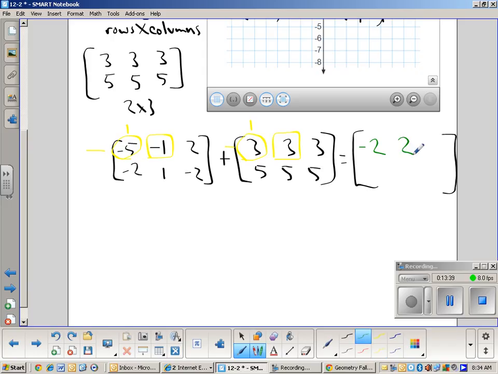And then the next one would be what? 5. Yeah, how'd I get it though? You did row 1, column 3. Nice. Row 1, column 3. I like the terminology. And then row 1 with row 1, column 3, and what do I get? 2 plus 3 is 5. And so when I do the same thing with the bottom row, row 2, column 1, row 2, column 2, row 2, column 3,